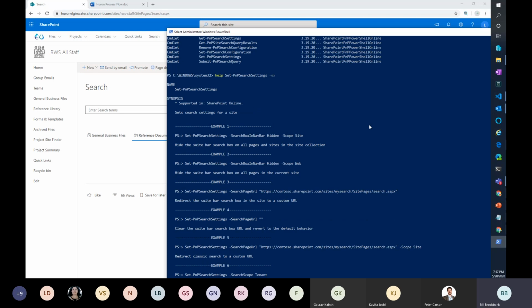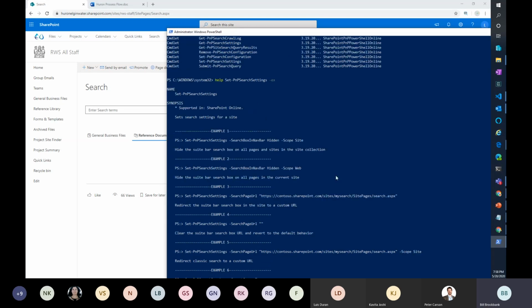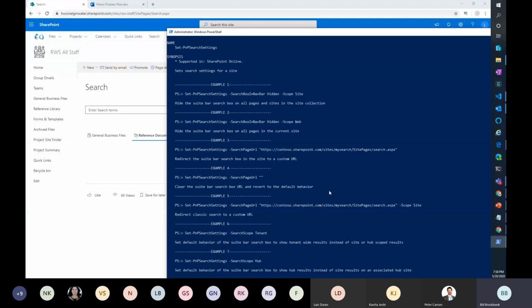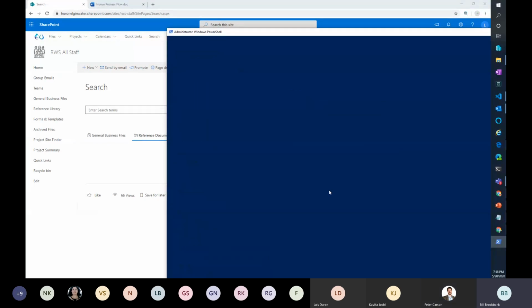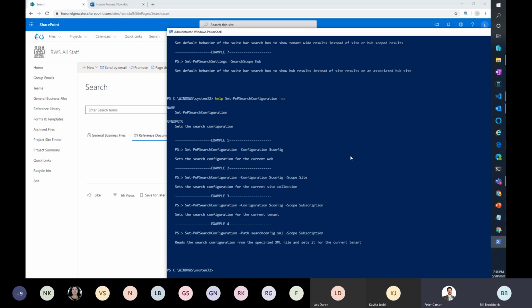Okay. There's another setting in there. I think it's this one, PnP search configuration. Oops. Fat fingers. Other examples. This one, I believe, does subscribe.